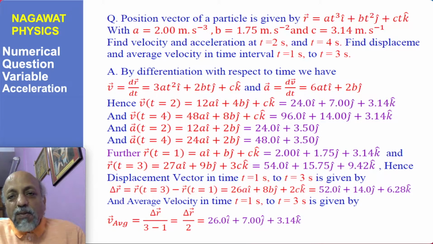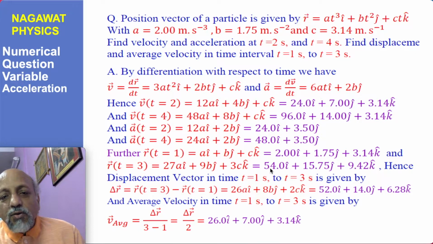Similarly, since the expression of position vector is also given, to determine the quantities which have been asked, the displacement and average velocity in the time interval t equal to 1 to t equal to 3 seconds, there are some typos here. For that I have to determine the position vector at t equal to 1, which is obtained by substituting t equal to 1 in this expression, and the position at instant t equal to 3, which is obtained by substituting t equal to 3 in this expression. So the position vector at t equal to 1 turns out to be 2.00 i cap plus 1.75 j cap plus 3.14 k cap, and the position vector at t equal to 3 turns out to be, after doing calculation,